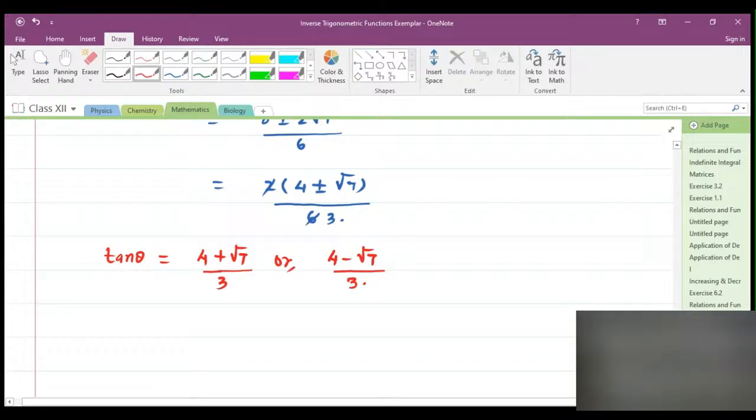If we consider this one, then 4 plus root 7 by 3 is greater than 1 by 2 or 5 by 2, since the maximum value of this one will be 1. So we ignore this one. So write down here 4 plus root 7 by 3 greater than 1 by 2,